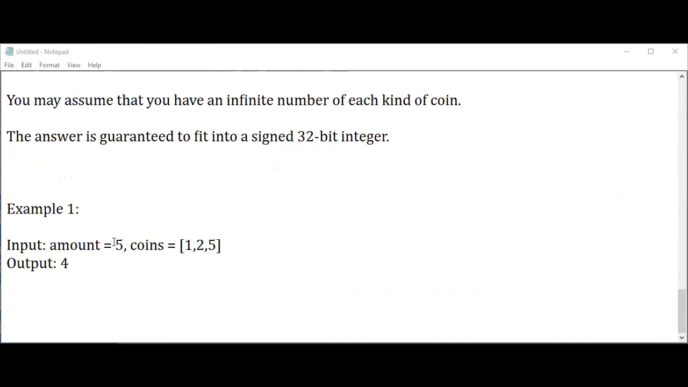Amount 5, I should form it. These are the coins given. What are the coins we are going to have? 1 rupee coin, 2 rupee coin, and 5 rupee coin. So if you want to form 5 rupees, what are the different combinations? Either I can take one 5 rupee coin and form it. This is one way, right? The other way is,